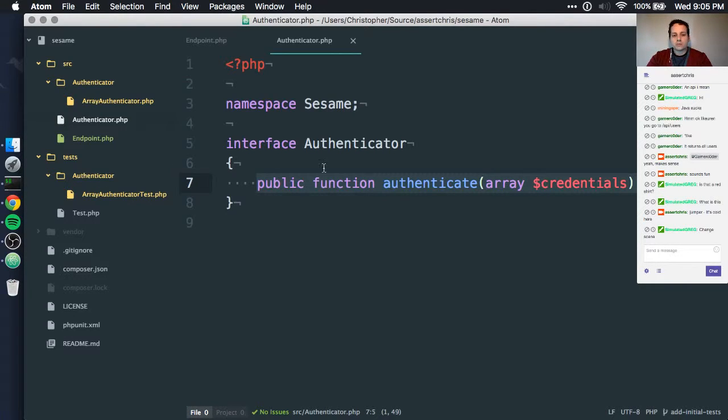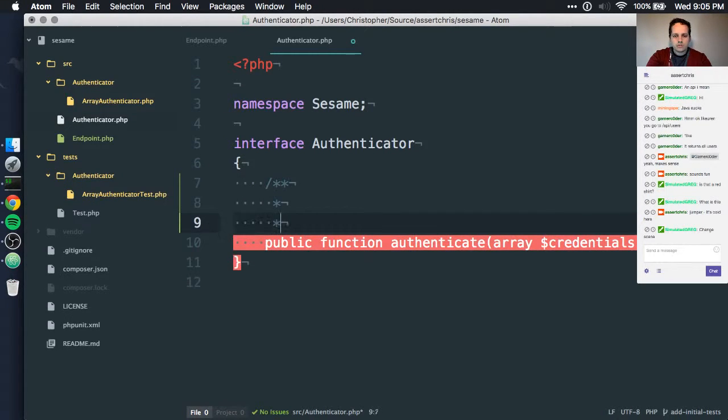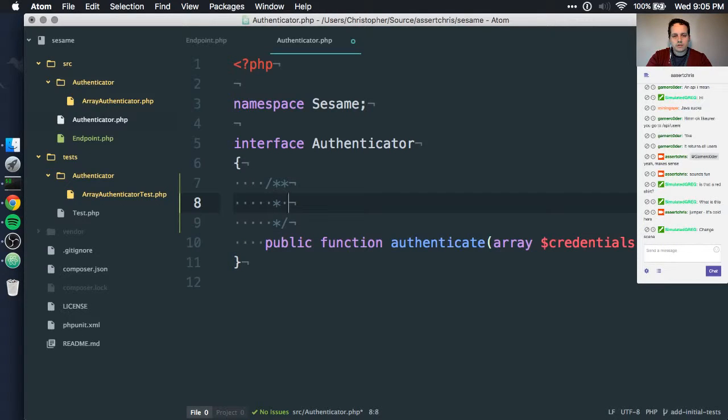So maybe that's not what we want to do. Maybe this authenticate method, with exactly the same signature, instead of returning a Boolean, which our tests specify, our doc blocks actually don't specify this, maybe what the endpoints return is a string. Yes, a string. String seems logical.